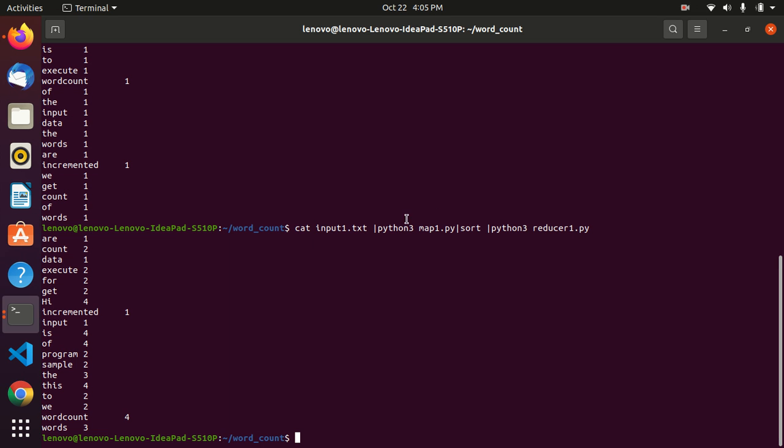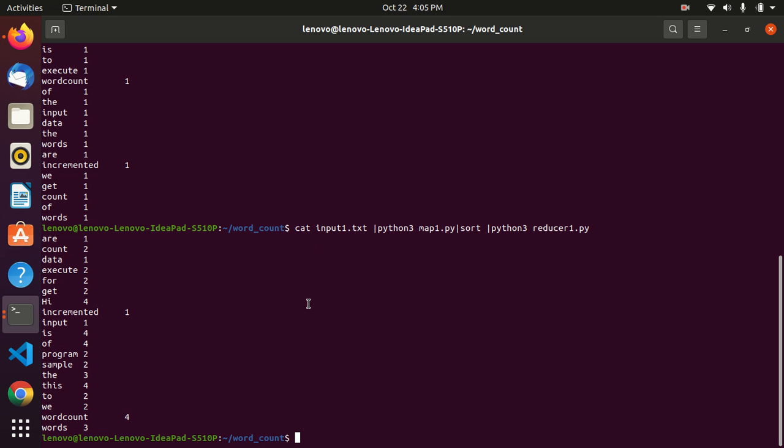All the input from here is sorted, we are using the sort keyword, and then the sorted output will go into the input of reducer1.py, and so for each word we will get the count here. Finally, word count is executed successfully on the local system.